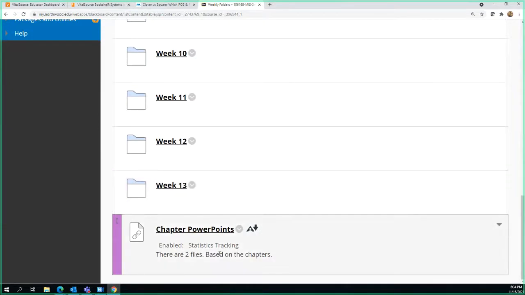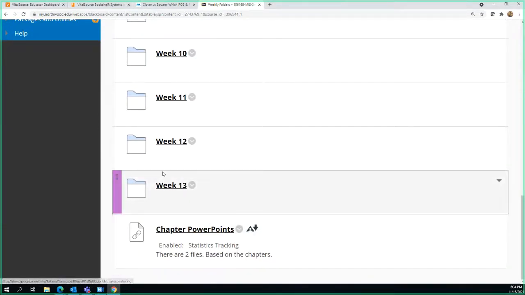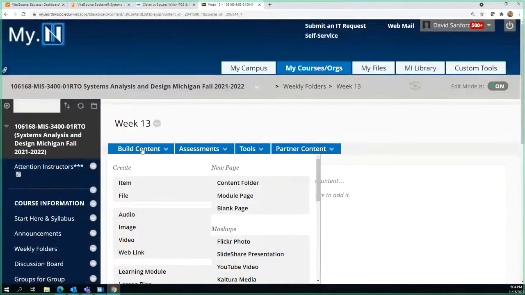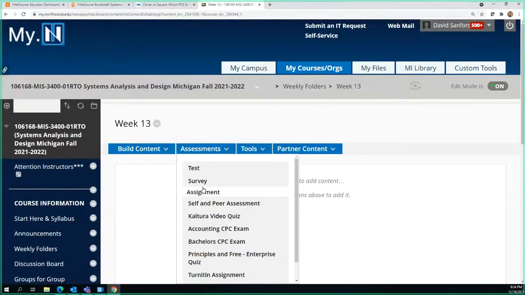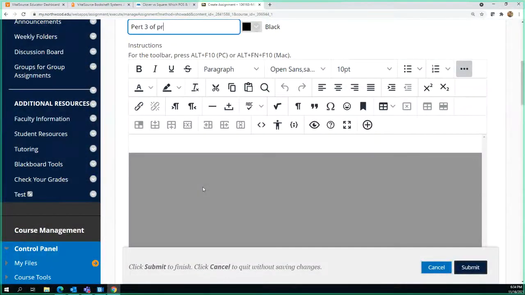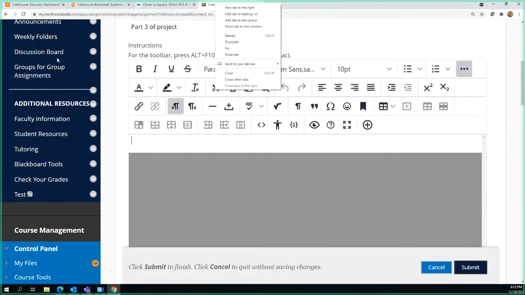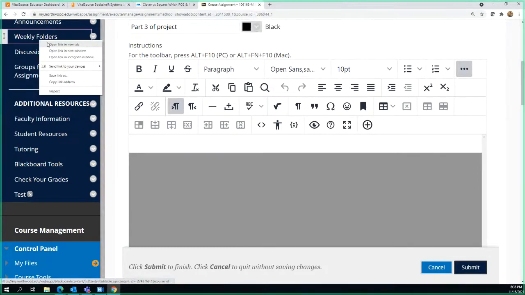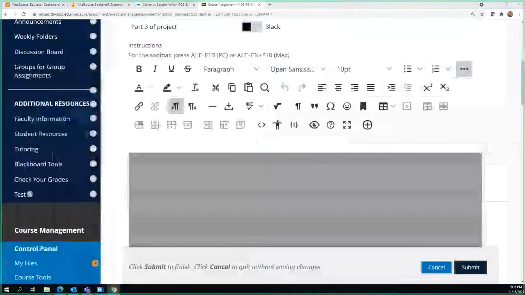and by the way, if you don't have the text, I did provide the PowerPoints, remember? Part 3 of the project, if I right click here and open a new window, move it over here.